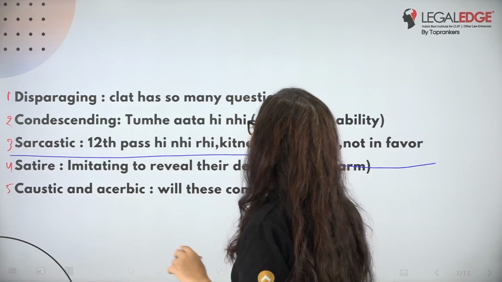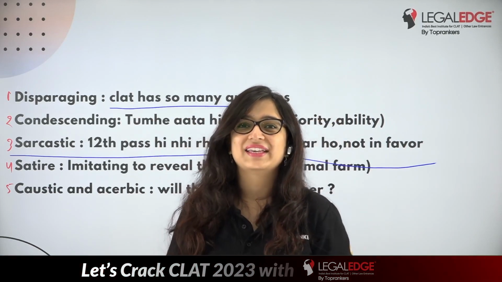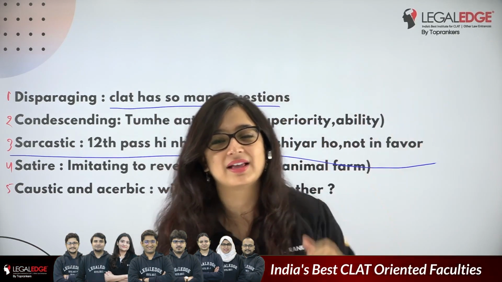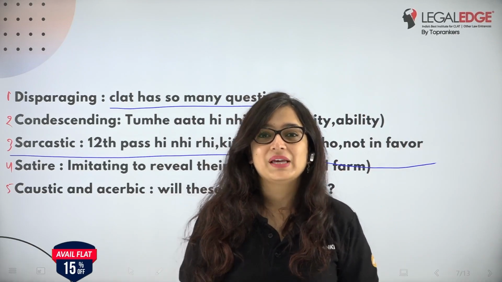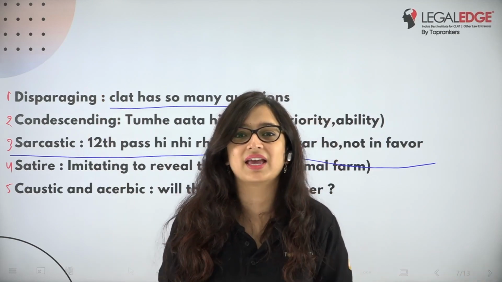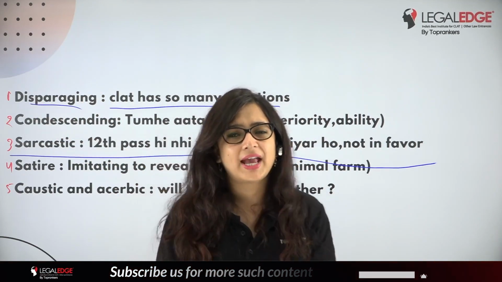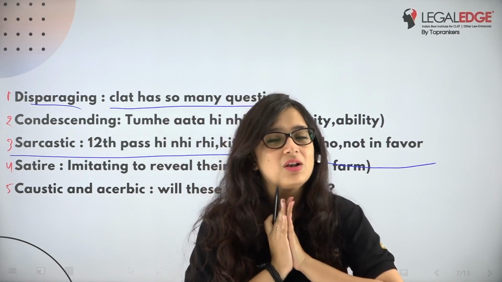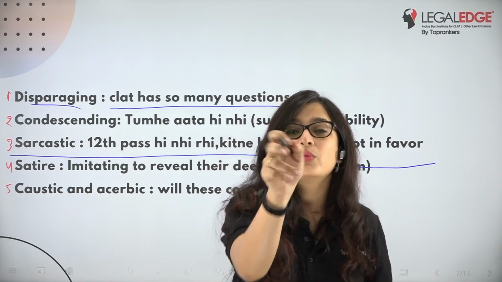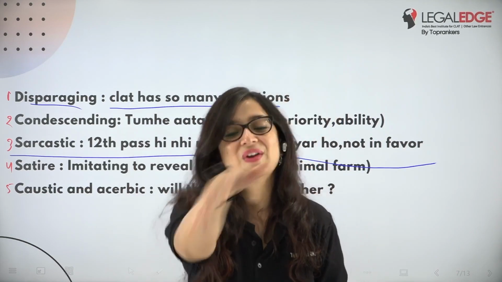So a person who says that CLAT has so many questions might say, you did not even solve this many questions for your boards, as many as come in CLAT. Or they might say that with PCM or commerce there were 4 subjects, but CLAT has so many subjects. So someone who is disparaging, so basically someone who is negative, who is telling you that CLAT has a lot of questions and you are not going to solve it, that is disparaging. Or someone telling you that your decision of writing CLAT is wrong because you are not good enough for it. You cannot do it